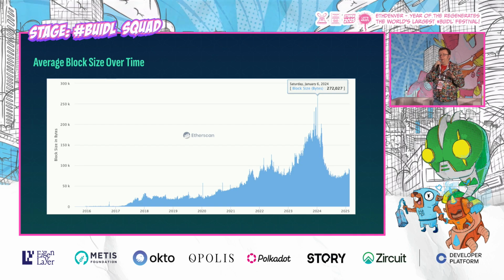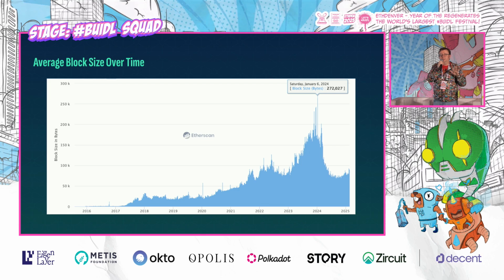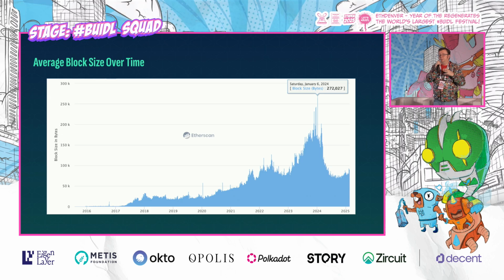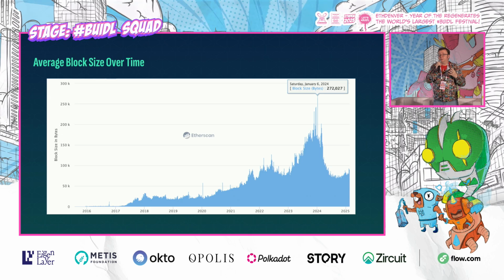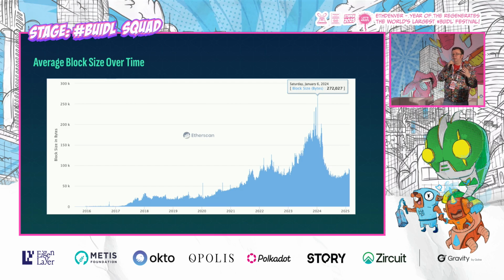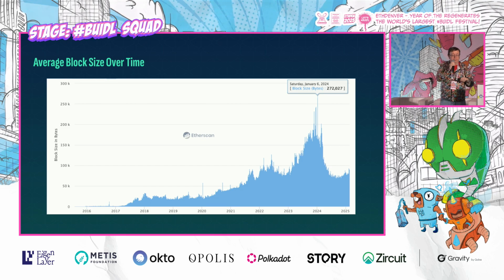This is when Cancun activated, when all the layer 2s stopped posting to layer 1 and started posting to blobs. Blobs are a different kind of data. They're just random data that is associated with a particular transaction that we don't have to keep around as part of the main history.